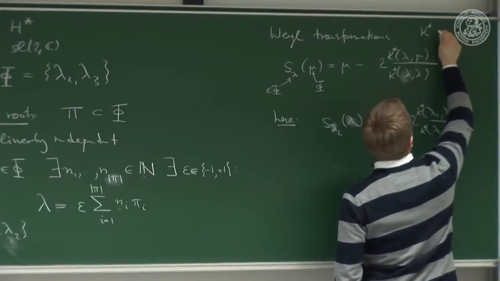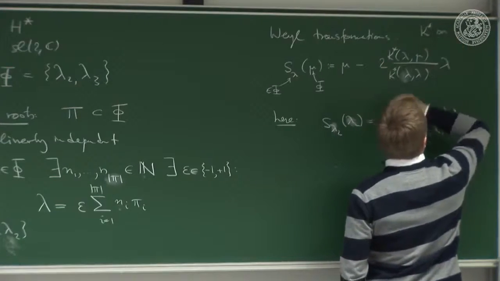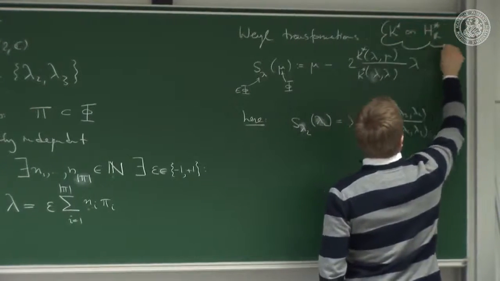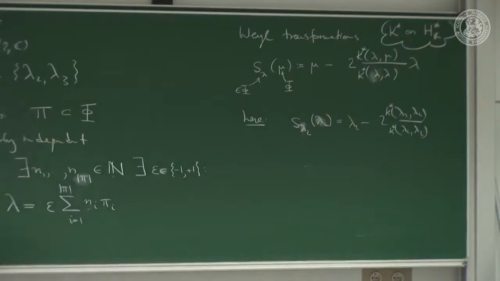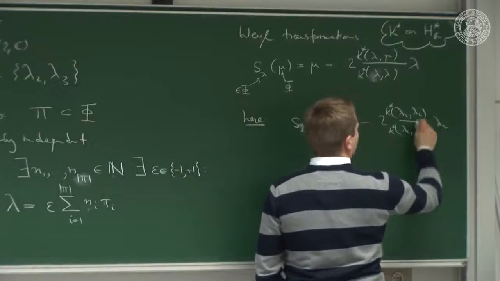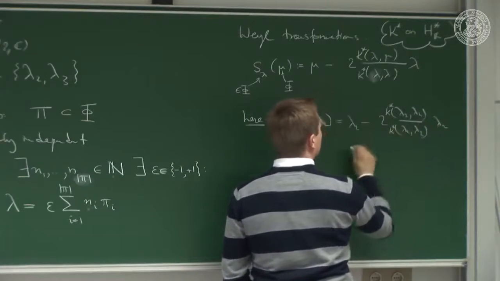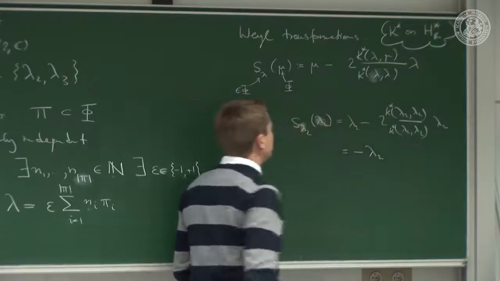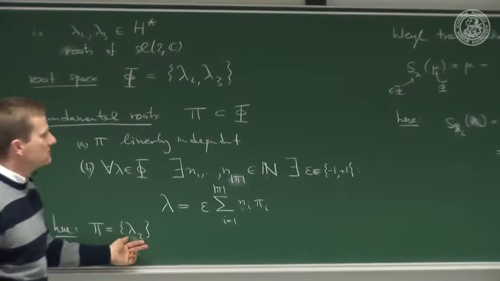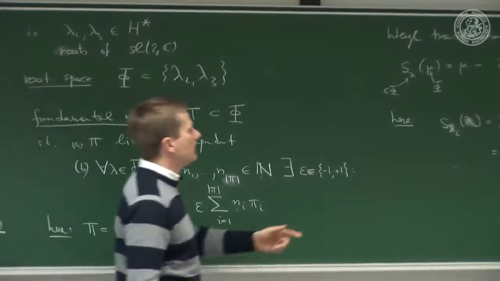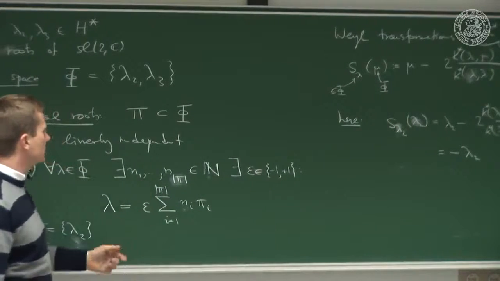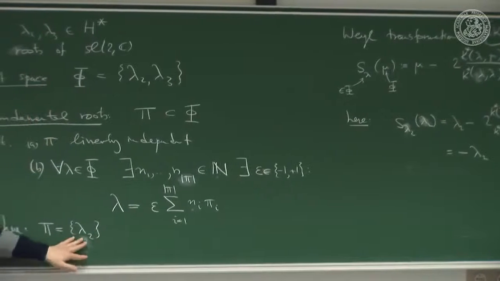So K star is the dual Killing form on the realification of the dual Cartan algebra. Well, here lambda 2, but of course this is 1. This lambda 2 minus 2 lambda 2 is minus lambda 2. Indeed, acting with the Weyl group on lambda 2 with respect to lambda 2 produces the other root, because we know